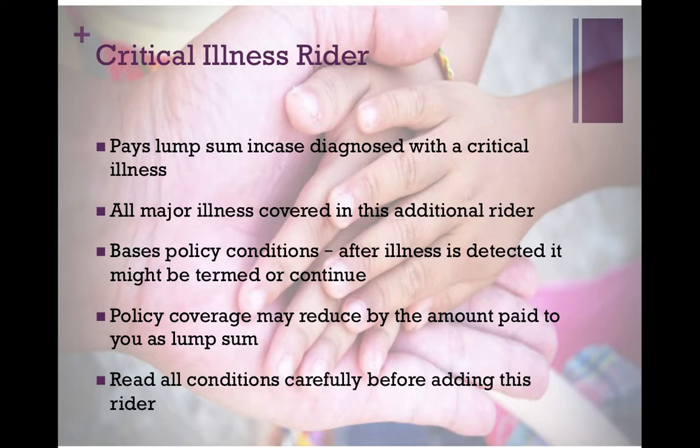Critical illness rider. It pays a lump sum amount at the time of diagnosis. It is very essential in case there is a high likelihood, again because of genetic factors and your family's medical history, that you might have a critical illness at some point of your life, or there is a high likelihood that you have that as well. Now, this will help over and above your normal health insurance in case you have a health insurance.